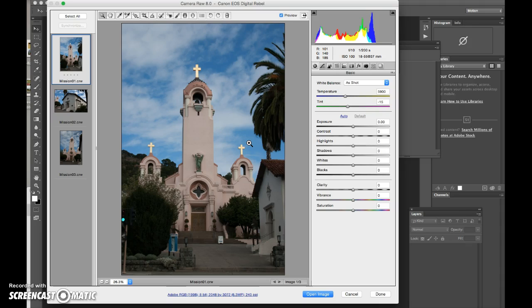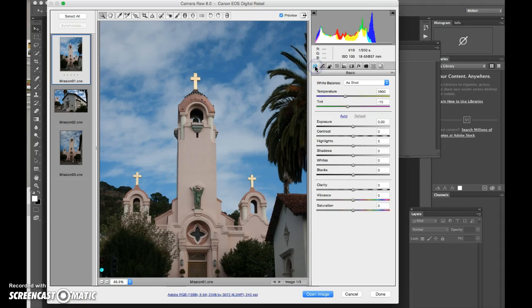So anyways, we have the basic panel displayed on the right. Okay, so right here you can see where we have the white balance displayed. And you notice where it says white balance, it says as shot. Well, it was a little bit cloudy on the day that this picture was taken, so we are going to actually tell it what time of day that we actually took this shot. And as you can see, that in itself actually changed the temperature and tint that you would normally find on